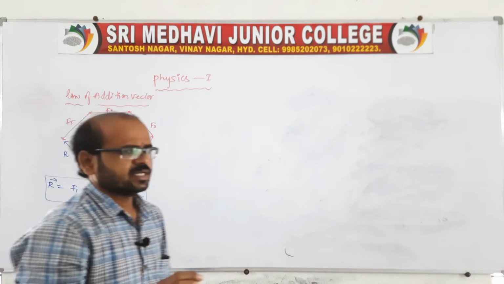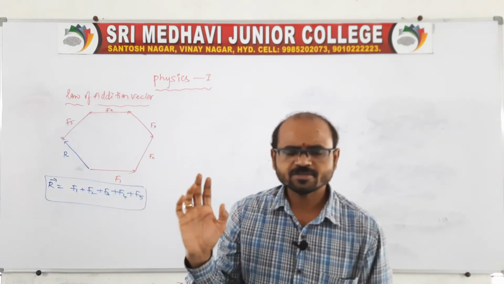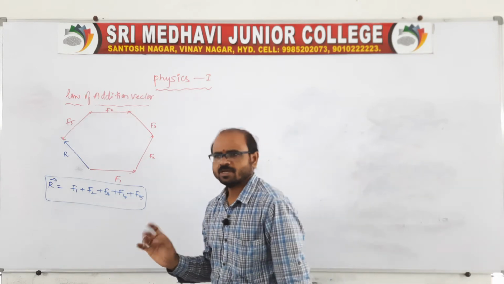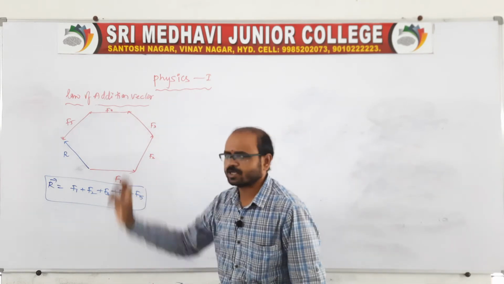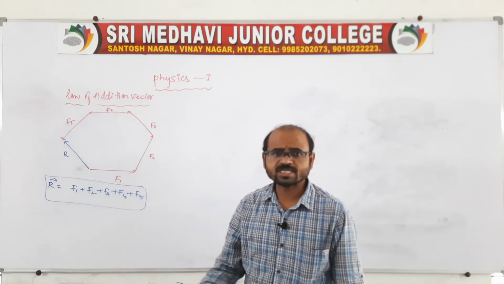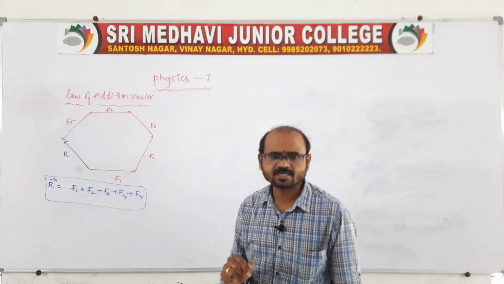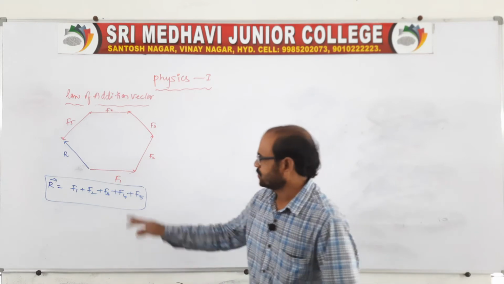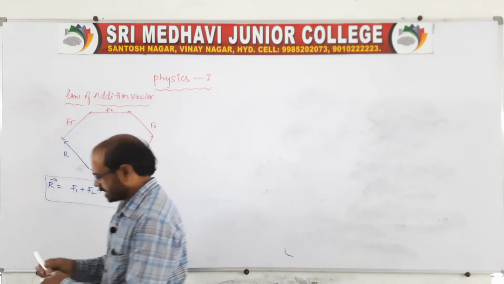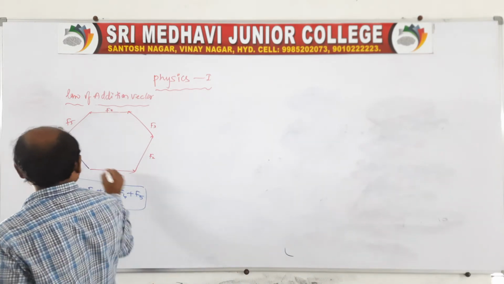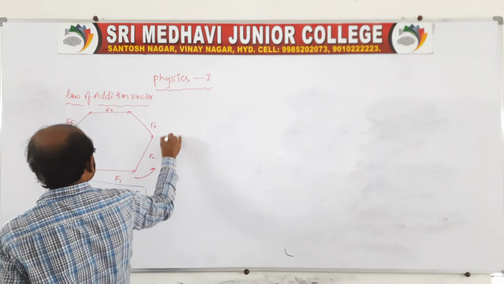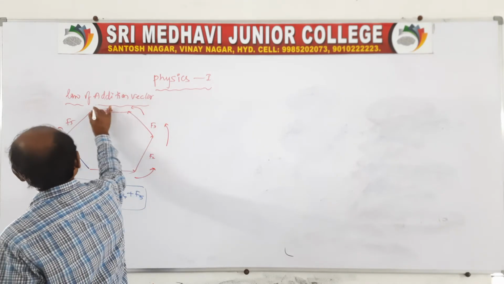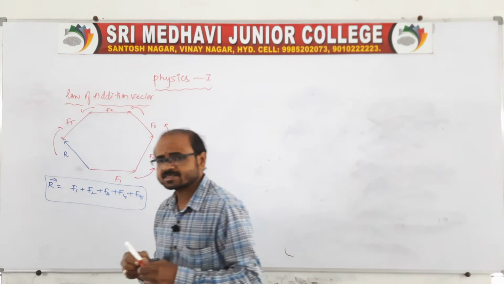Polygon in the sense is represented as a number of vectors, which have both magnitude and direction, by the adjacent sides of a polygon, and their closing side is represented as the resultant, and the resultant is also represented both in magnitude and direction, taken in the reverse order. If you take the reverse order like this, and these are all in the order like this. Clear? This we can call the polygon.